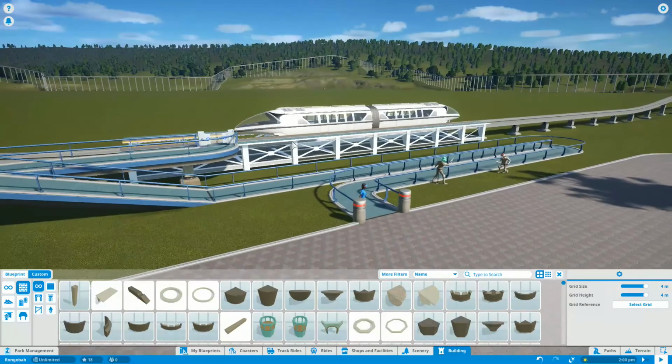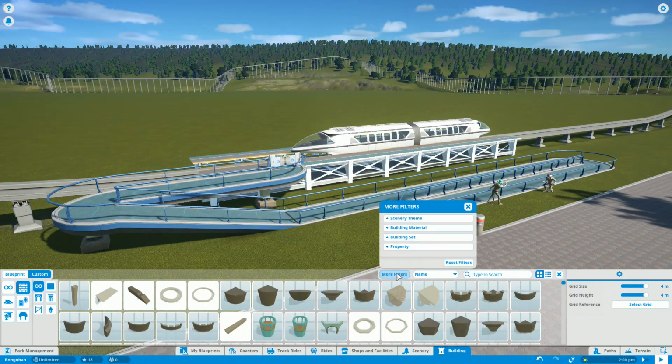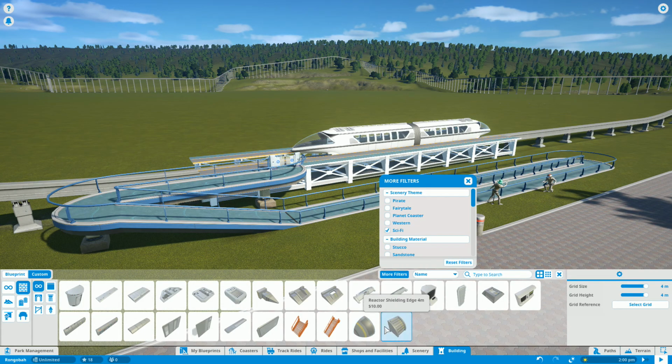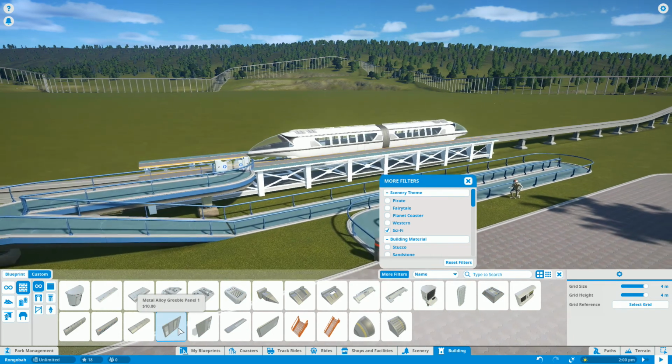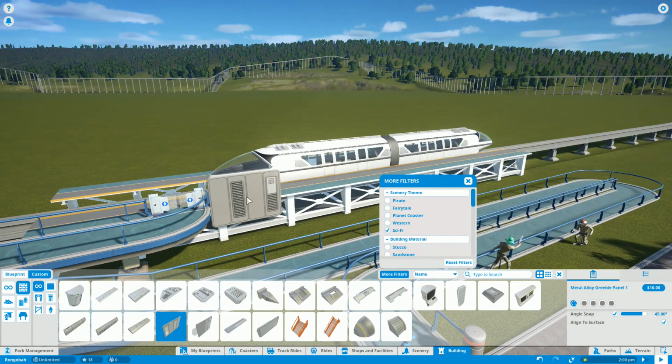All right. We're going to build, again, building set, building material, no, scenery theme, sci-fi. So I wanted to use, oh, where were those props? We'll figure that part out in a second. Let's go ahead. Can we do that? Is that going to be...